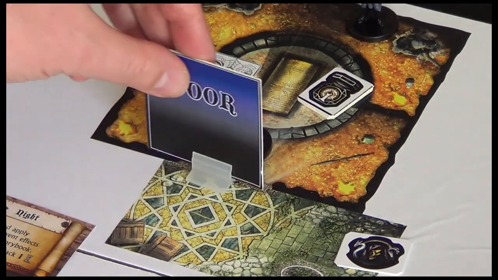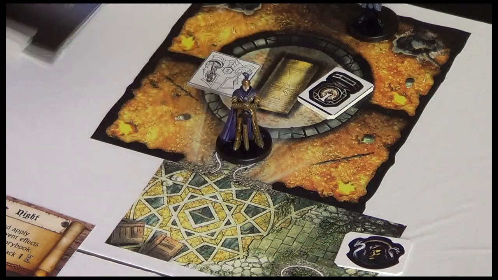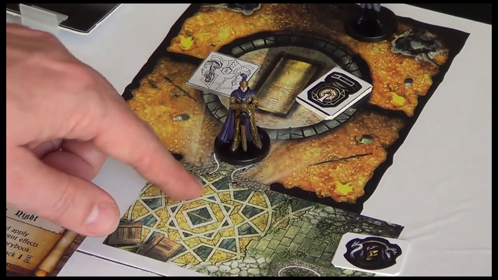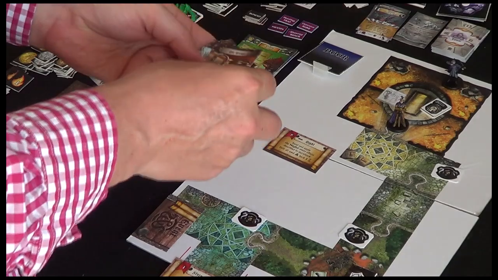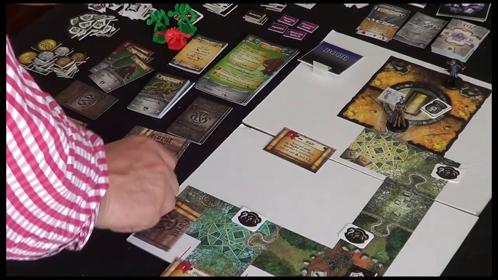But as a free action now, we're standing adjacent to an unlocked door. We're going to open this door. So we just remove it from the board. And every time you open an unlocked door, you need to draw a trap card. I'm going to draw from the bottom because these don't have a back, so draw from the bottom. It says